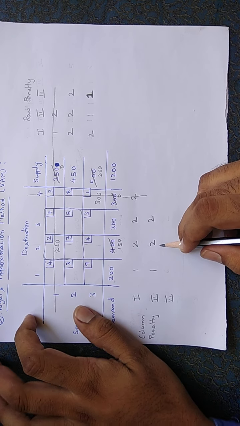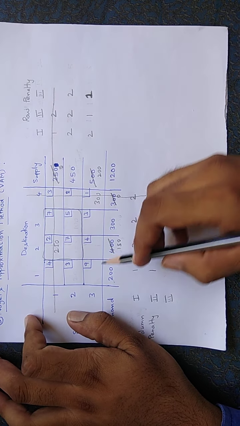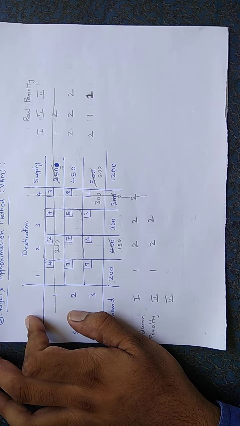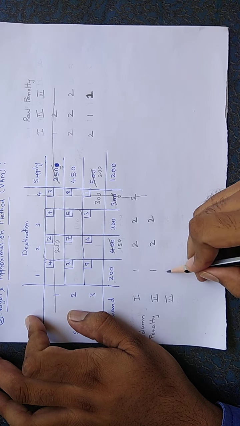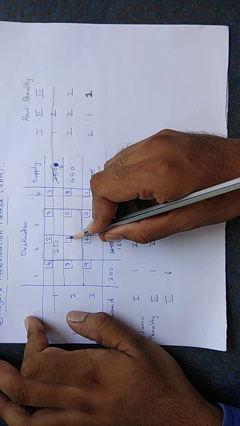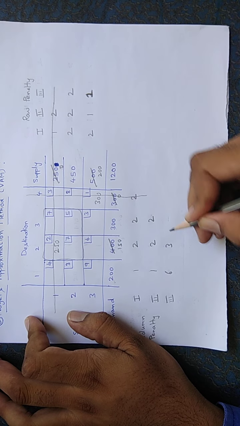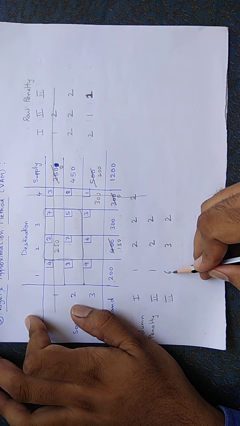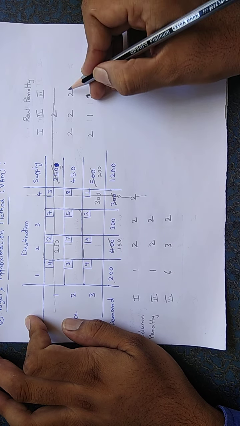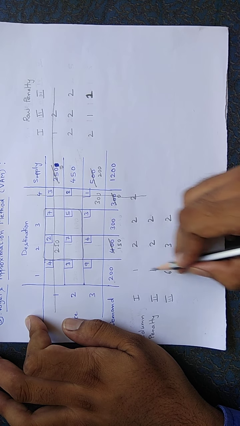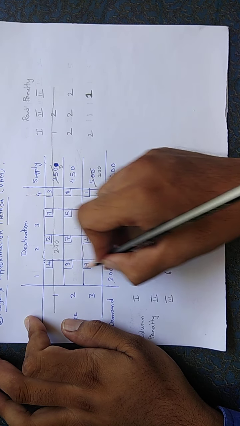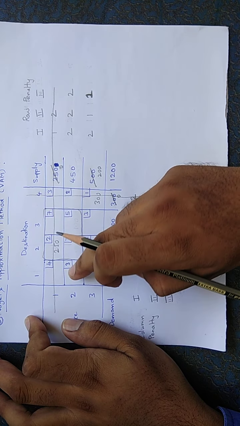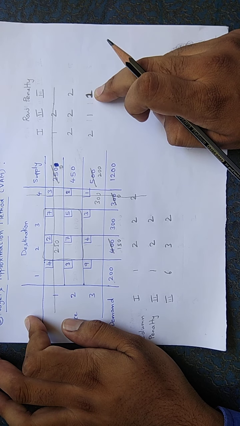So very interesting method. Now in the column, it is 9 minus 3. 9 minus 3 is 6. 7 minus 4 is 3. And 5 minus 3 is 2. Now observe, this is the maximum penalty among the row penalty and the column penalty. So 6. So among these two cells, the highest penalty in the row is 2. So we will go for this. And not for this because the penalty is 1 here.